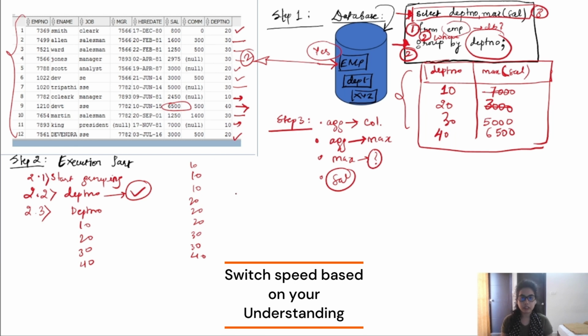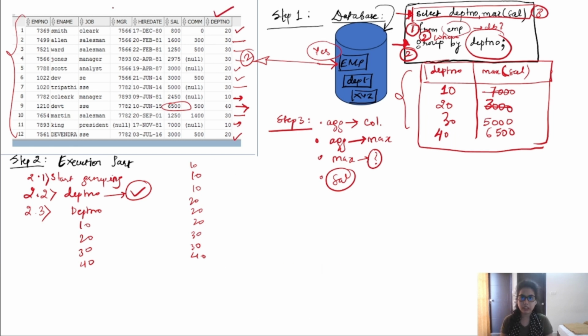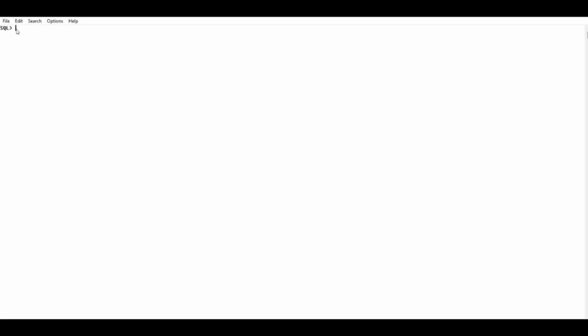Now if I pass two columns here along with department number, I want to pass job also. Based on these two columns, it will do a grouping, and then it will find the maximum salary. So this is it, and let's see in SQL Plus how we'll get an answer. Let's see how our group by works. Select department number, comma, I want max of sal from EMP, group by